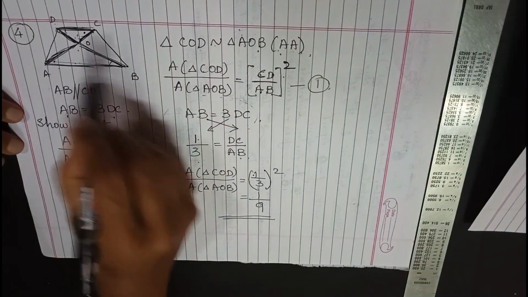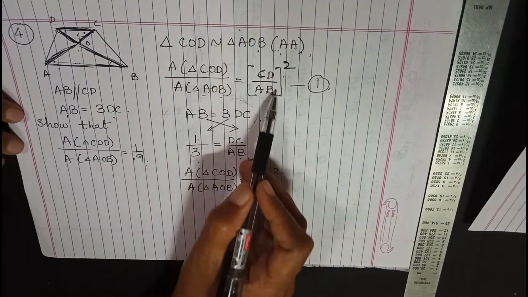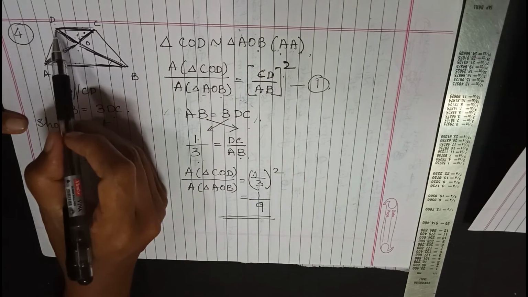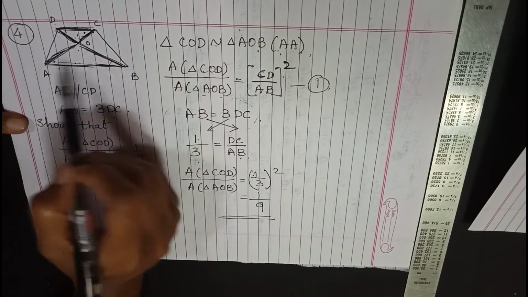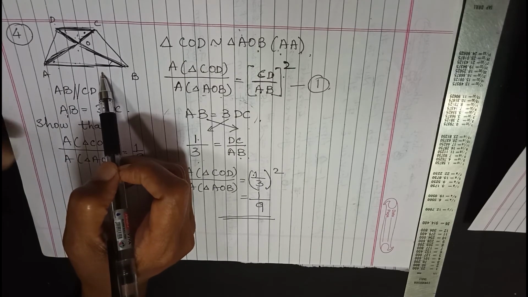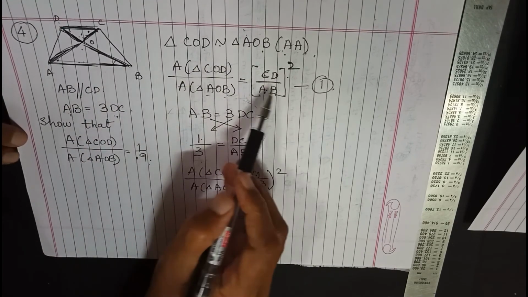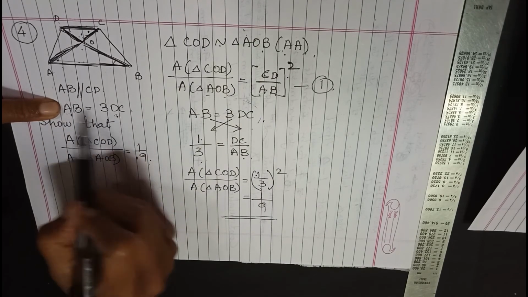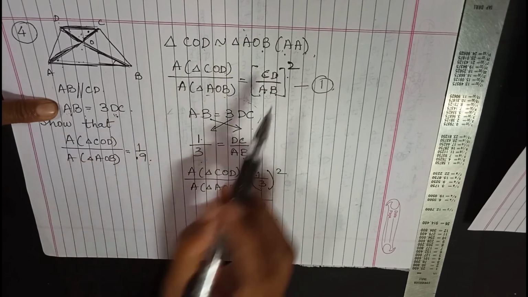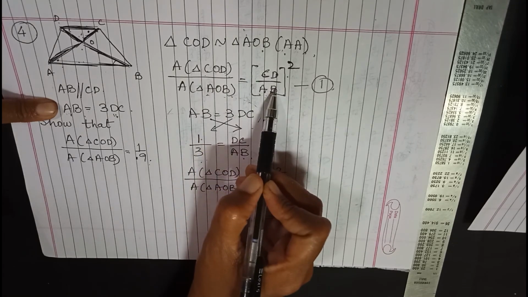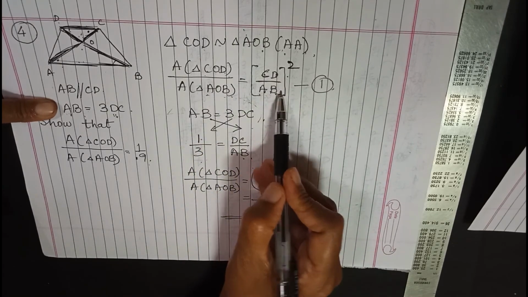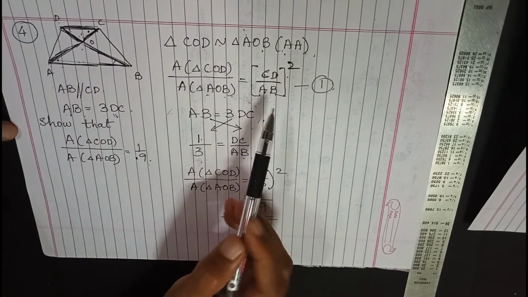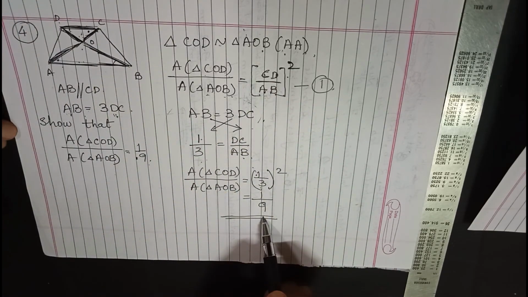Prove the two triangles are similar. Write down the ratio of the corresponding sides. Which corresponding sides we should take, because the triangle has 3 sides. So we have 3 pairs of corresponding sides, but we have to select only one. Which one we select will be decided by the given ratio. As you can see here, AB and CD was the given ratio. I use that particular ratio. So the value that you get can be directly substituted in the equation to get our final answer.